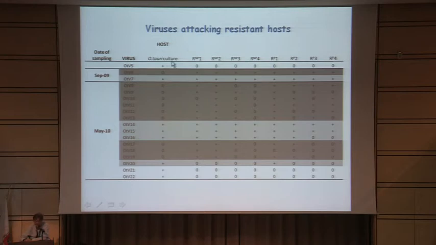The first kind of viruses are those able to lyse the wild type, the sensitive cells. This is the initial virus that we had, but we find other viruses here which are unable to lyse the resistant cells. This is the first category. The second category, here in gray, are the viruses which are able to lyse all the cells, the wild type, the sensitive, and the resistant cells together.